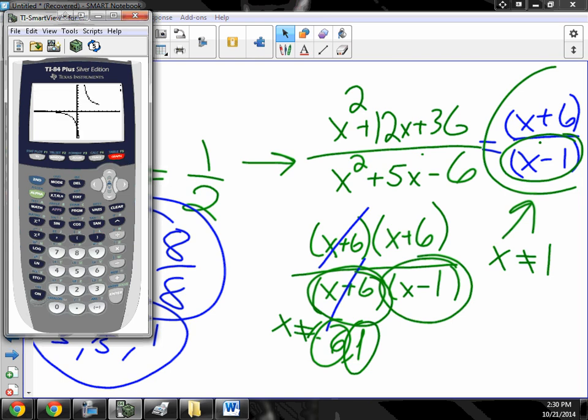So you see the asymptote at 1, but you don't see the hole at -6. If you go second calc, there the hole is represented by an error. And if I go down to 1, then there's also an error at 1. So you can look at the table and find the holes, but memorize this graph. See how it looks? So I'm going to go in, and now I'm going to graph x plus 6